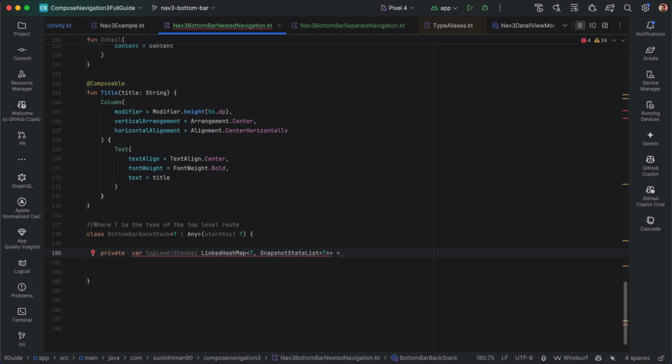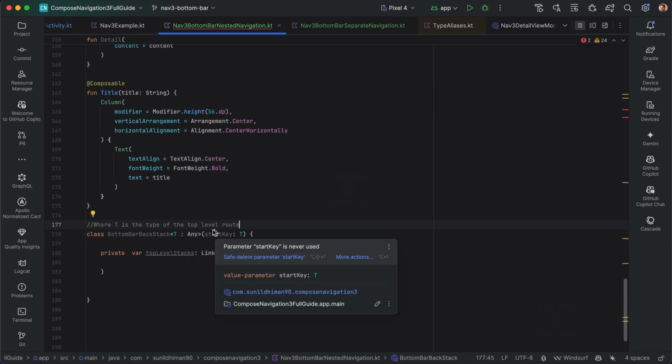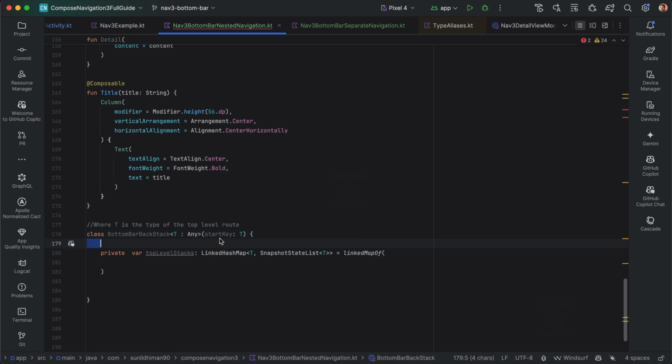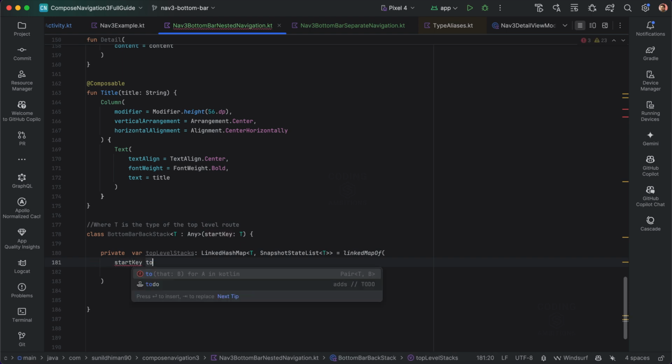LinkedHashMap of... First of all, this is just a simple class. If you see BottomBarBackStack, T is just any type of the top level root, like home tab or profile tab; that will be the type T here. Start key is the starting key for that tab, meaning the starting destination of that tab. So start key to